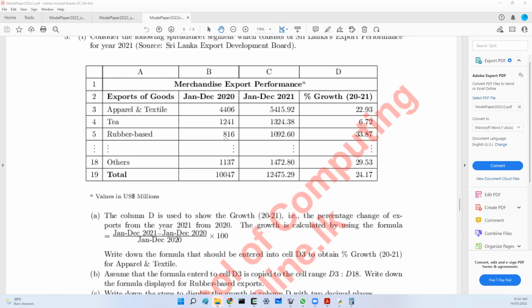C3 minus B3, divided by B3, multiplied by 100. Yes, good. Right. Assume that the formula entered in cell D3